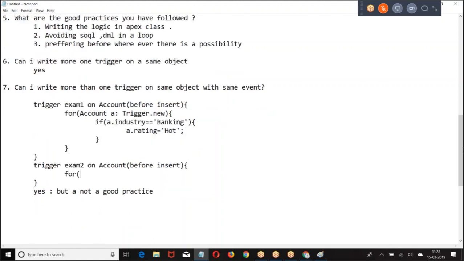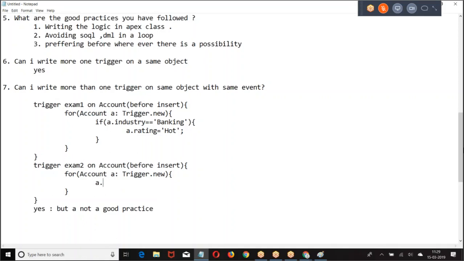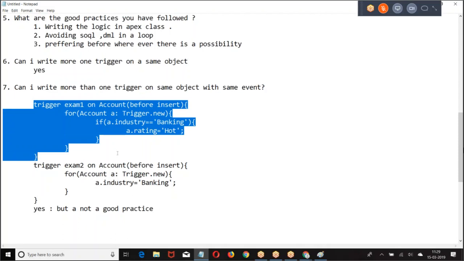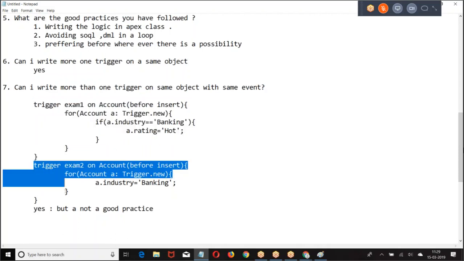Here I took one more. Now, if this logic is running first, the industry is not banking, so the rating will not come. Suppose this trigger is running first, industry equal to banking, here every record will have rating equal to order. So order has an impact, right? But can you guarantee which is going to run first? We are not going to guarantee which is going to run first. There is a reason the order of execution is not guaranteed.